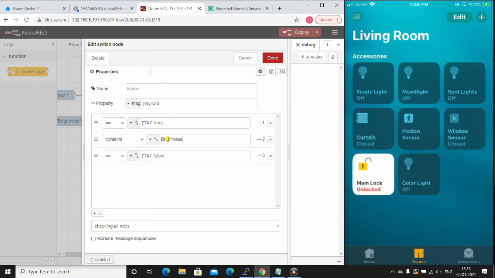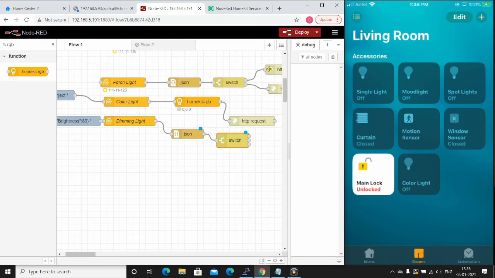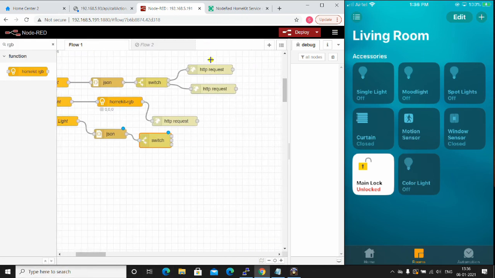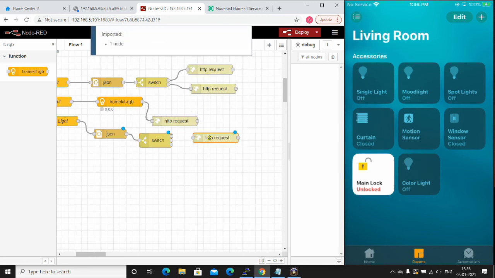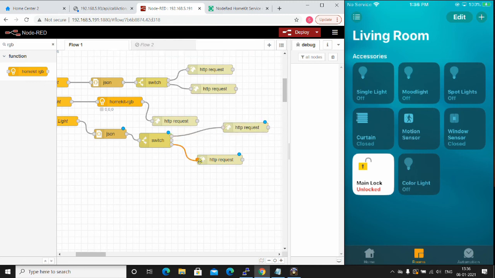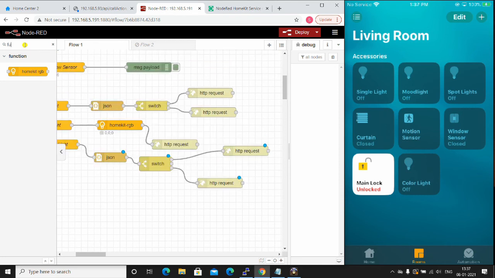So if our payload contains brightness, then we must be able to handle that one using a HTTP request node. So for on condition and off condition, it is similar to the relay, so I'm just copying those nodes and tying it to the on and off outputs of the switch.